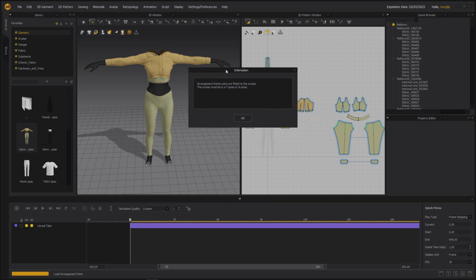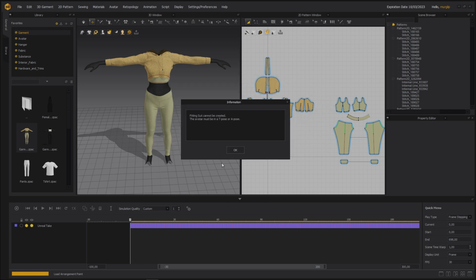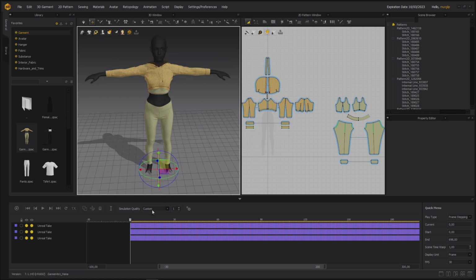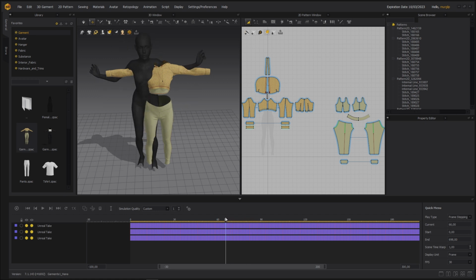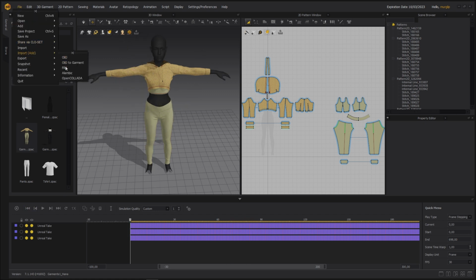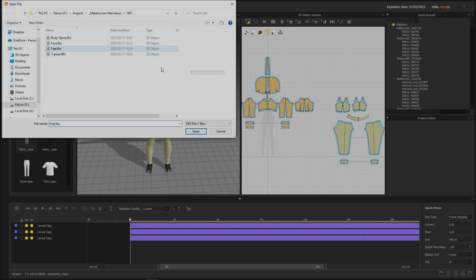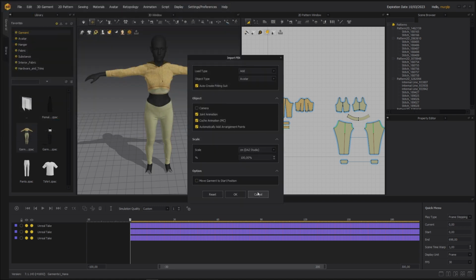Again, this error does not matter. And we have the head, body. Now, lastly, import add, FBX, feet. Open, same settings, add.